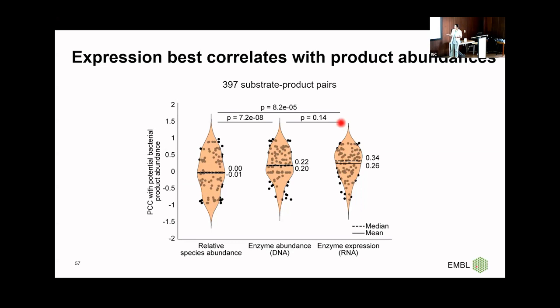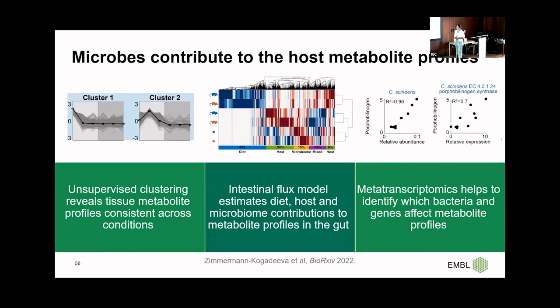However, if we look at the expression of specific enzymes identified by this approach and measured with metatranscriptomics, we found much higher correlations between microbial enzyme expression and metabolic product production, suggesting that this data can narrow down which species are potentially involved in the metabolism of specific compounds. So to summarize this part, in our germ-free mouse models and in the diet experiment with targeted metabolomics, we